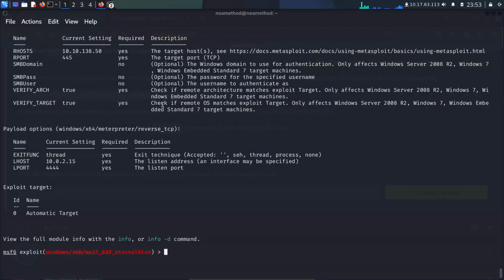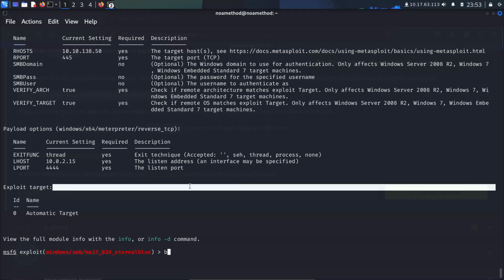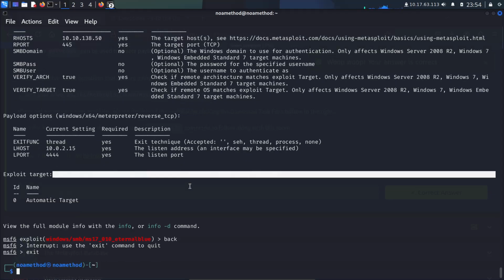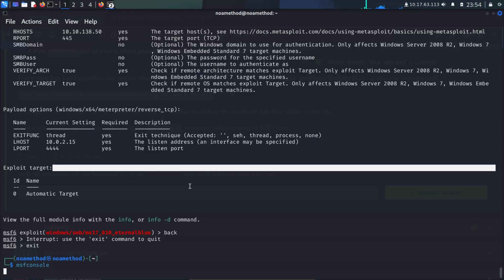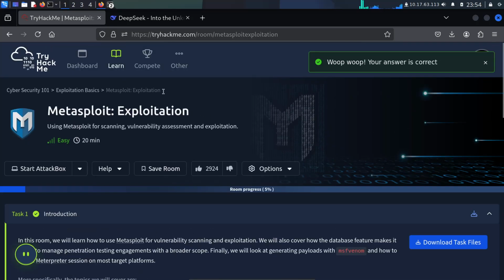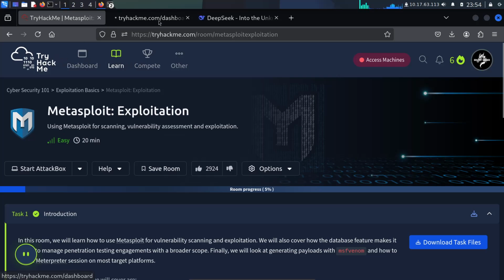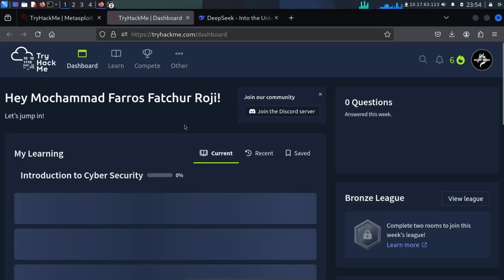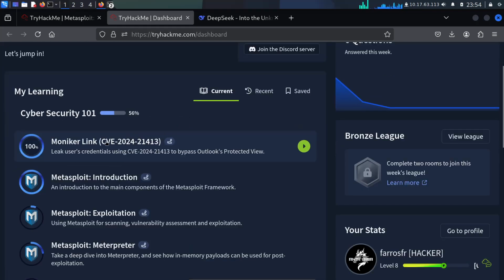We can run the msfconsole and come back. Then we can enter exit. Then we can run the msfconsole again. Yes, alright. I want to validate if the machine is on.